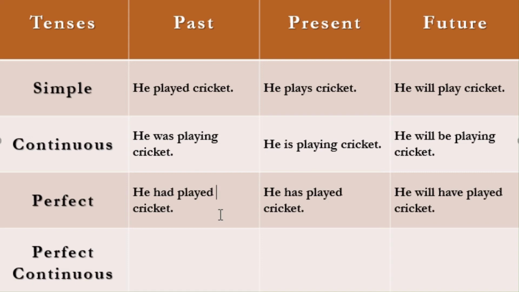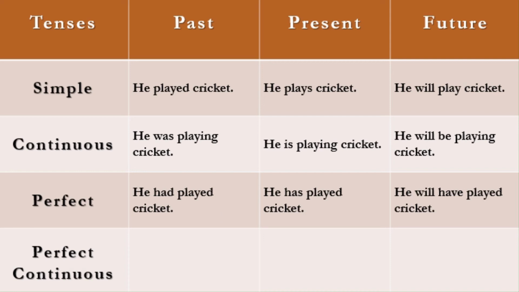Otherwise, let's say if I'm saying he had written a letter, because in the case of write, the verb present form is write, then the second form or the past form is wrote, and then the third form or the past participle form is written. So in such cases, in the perfect tense, past perfect or present perfect or future perfect, remember, for all these three tenses, past, present, and future, in the perfect category, the past participle or the third form of the verb is used, and with a little bit of other changes which you can just have a look at.